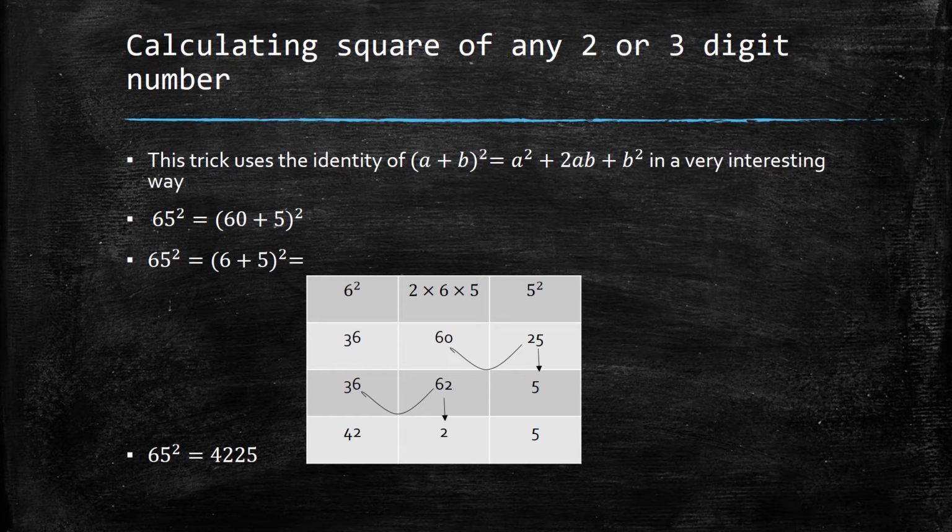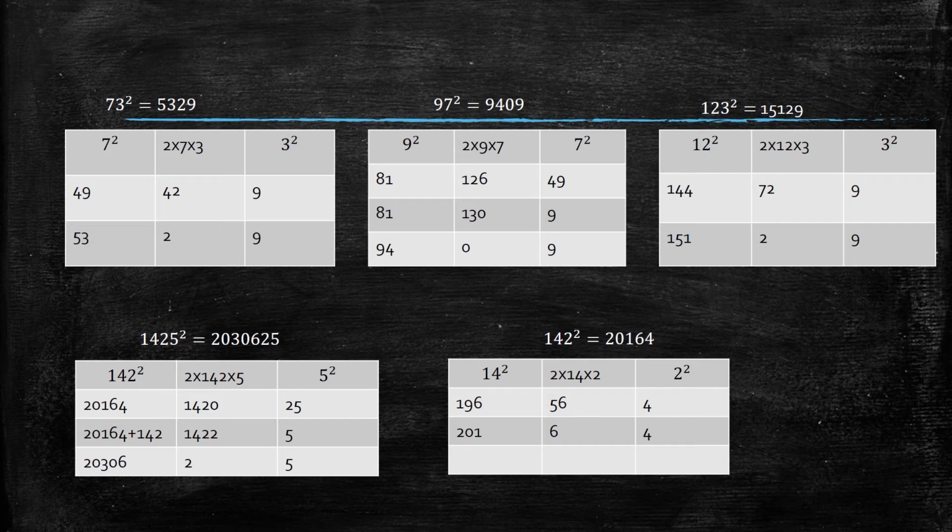Let us take a look at some examples so that you can understand this trick completely. For 73 square, we do (7 plus 3) square, which gives us 7 square, 2 into 7 into 3 and 3 square in our 3 columns, which equate to 49, 42 and 9 in the next row. Now we start from the right. As we only have 9, we keep 9 and nothing is forwarded. Left of 9 we have 42. So we keep 2 and 4 is forwarded to the left where it is added to 49 to give 53. Thus we have our final answer as 5329.